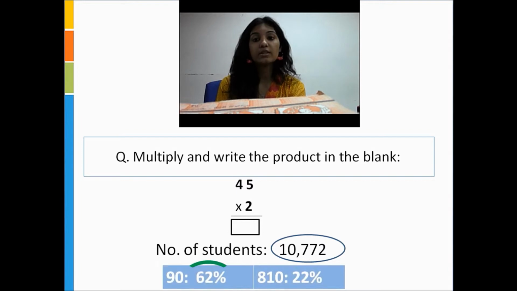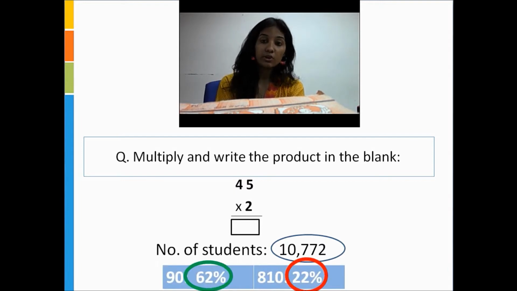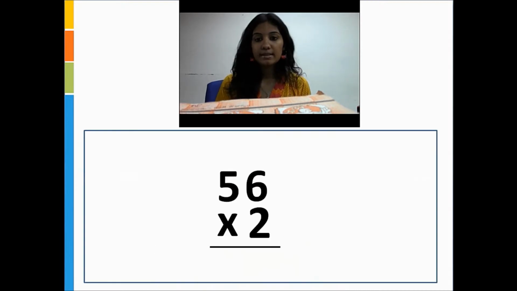About 22% of the students answered 810, possibly because they forgot to carry over or were unaware of the fact that they had to do so. So these students multiplied 2 and 5 to get 10 and then 2 and 4 to get 8, entering an answer of 810. These examples go to show that the concept of carryover is something that a significant number of students get incorrect. To summarize, let's look at this problem, 56 into 2, and illustrate the errors that students could